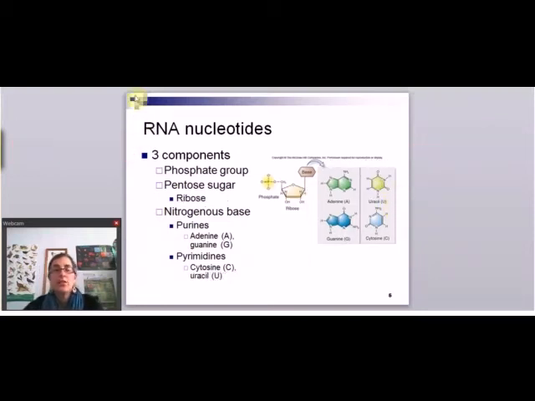So RNA nucleotides are really similar. They have a phosphate group, a sugar, and a base. The difference is again in this position. So remember I said deoxy means less oxygen. This one has an oxygen in that position as well. And so this is a ribose sugar. So RNA ribose. The R is for ribose, and in DNA the D is for deoxyribose. The bases in RNA are also mostly the same. So there is A and G in both, and then there's cytosine in RNA, but instead of T, you'll find a U in RNA. So instead of the T.